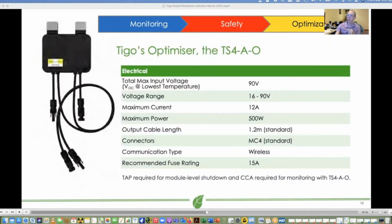So a couple of things just to notice with this TS4-AO product is that you always deploy within the specifications on the spec sheet, and currently maximum power of the module will be 500 watts. And I would think, at this point in time, we're in early 2020, that we're well within most of the modules being installed now. I think we're probably up to the early 400s now in wattage. It's quite an incredible growth. My module's 175 watts, so we've had a rapid increase in size over time. Not only wattage, but also in physical size. Some of them are quite large now, certainly for commercial jobs. But certainly 500 watts is the current